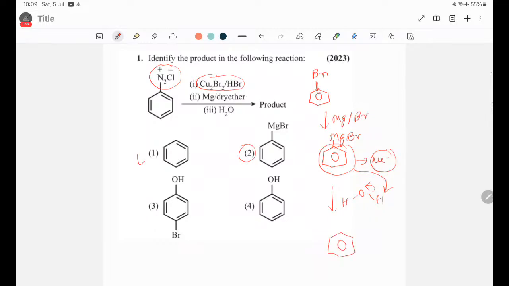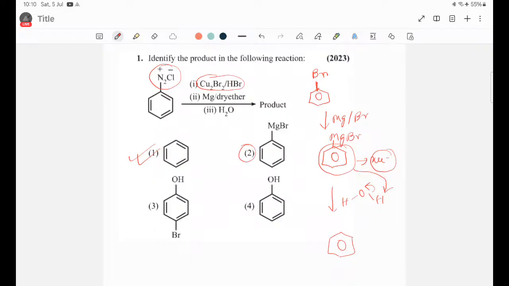So the correct option will be 1. Now I will come to the most important part in this section, that is how you can do this question within 15 or 20 seconds. See, if this kind of question is given to you, first try to look at the reagent. Whenever Cu2Br2 in presence of HBr is given, you have to think that it will be completely converted into bromobenzene, and in presence of magnesium and dry ether, it will be directly converted into a Grignard